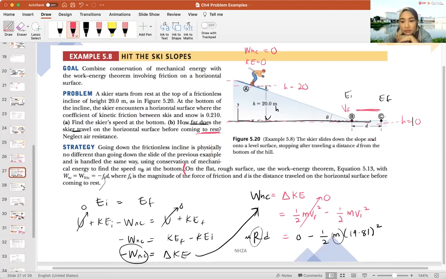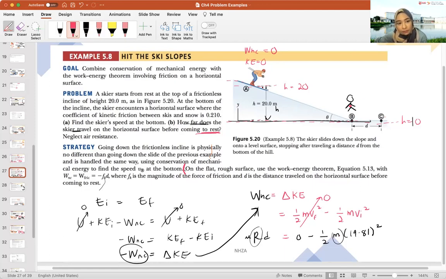Okay, Feli, why is it mg cosine theta? R is the opposite direction with the mg cos theta. Okay, but we are on the ground. So, okay, let's draw our free body diagram. That's a very good point, actually. So we are on the ground. Oh yeah, mg. So you want to correct your no cosine theta. Yeah. So R is equal to? mg, yes, correct. So Feli is saying R is equal to mg because our free body diagram is down here,